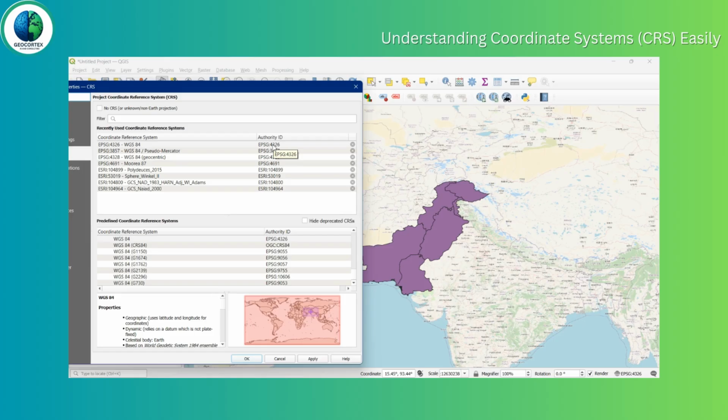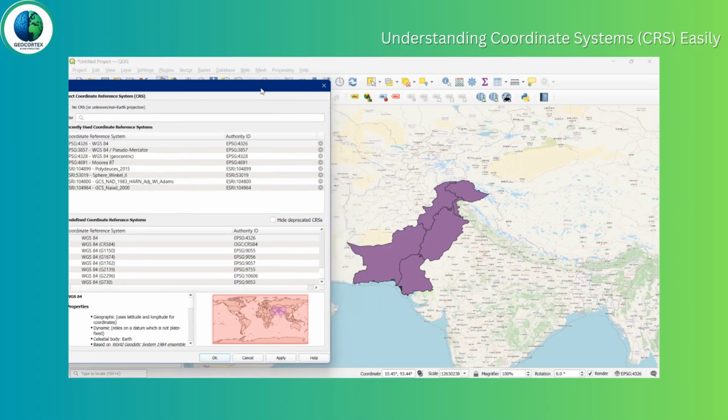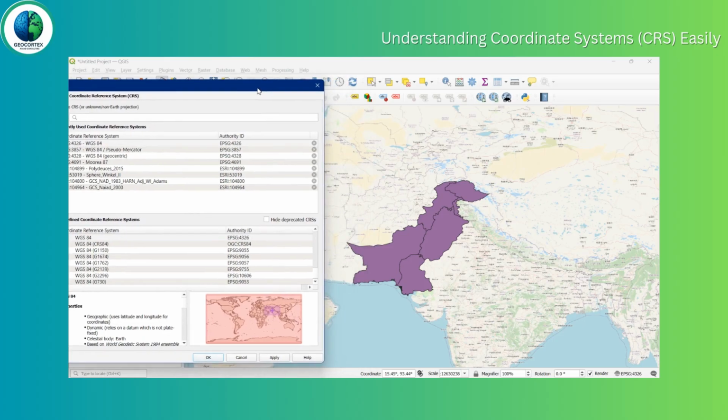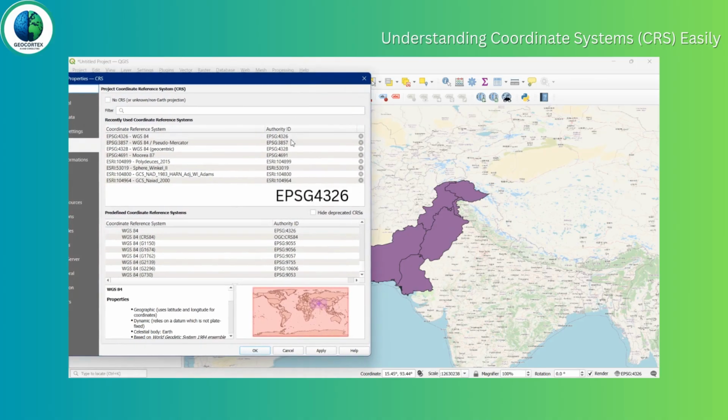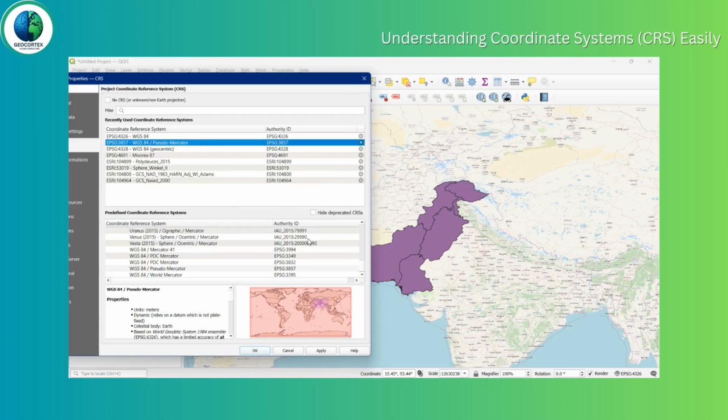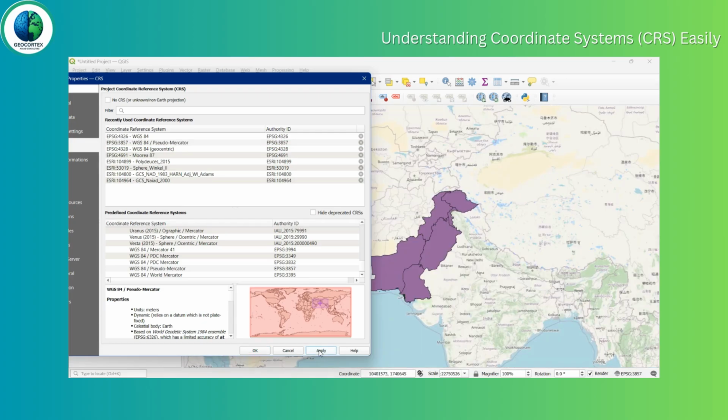4326. So over here, we are showing a shapefile of Pakistan overlaid on a base map by OSM standard. And this is displayed in EPSG 4326, which is WGS 84. Now, notice as we change the coordinate system to EPSG 3857, how the projection changes. And you can see now our map is a bit distorted. And we can choose any of the EPSG codes or any of the projection systems present over here in